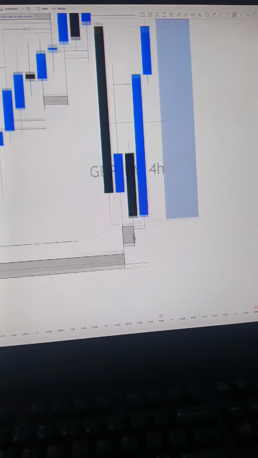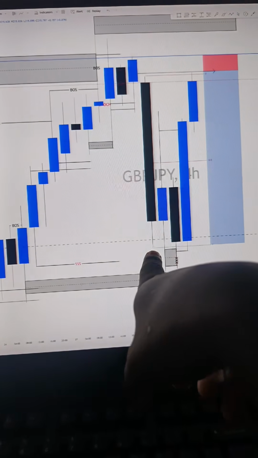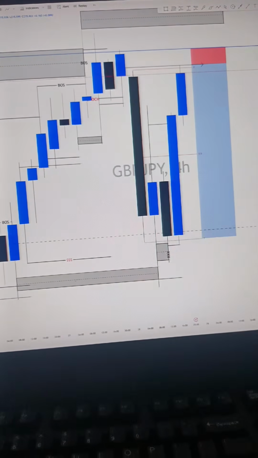So let me zoom. So we swept the low of this bearish candle over there, mitigating what? The demand. So you could have gone to the 15 minutes to get what? An order block or any key level